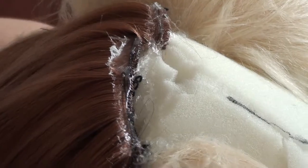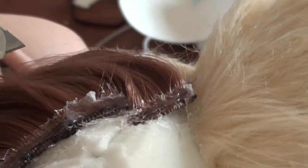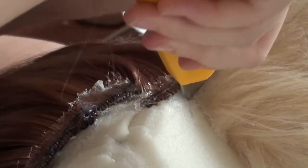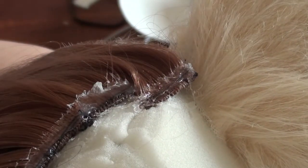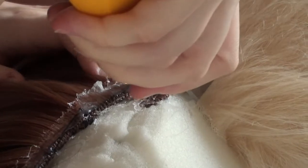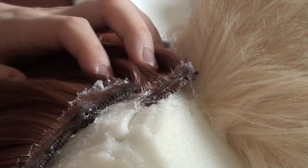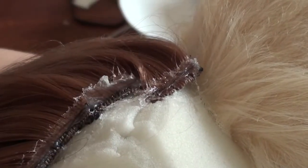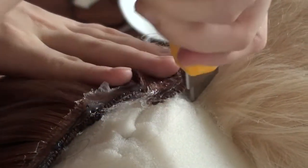and we cut a slit. I'll just show you like this. What I think I should do is cut a slit right here, right, and stuff the hair in the head. So